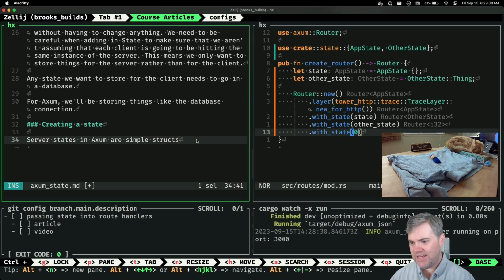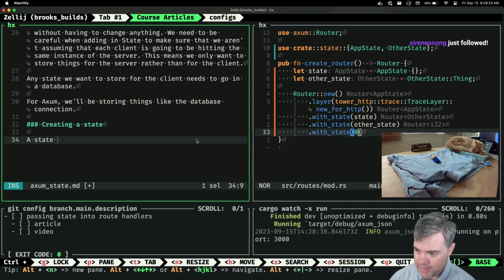Server states in Axum are simple. Let's actually change this. A state in Axum is anything that, or maybe, the only requirement.